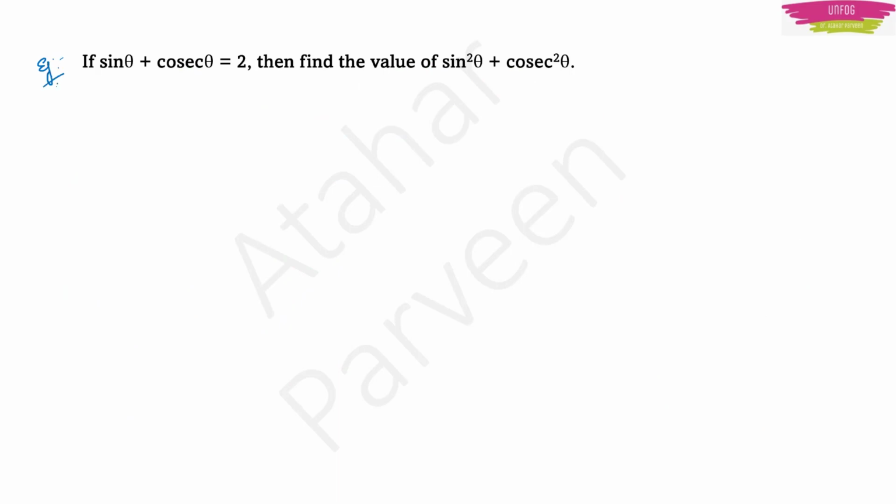Now let's solve another example. The question is, if sin theta plus cosecant theta is equal to 2, then find the value of sin square theta plus cosecant square theta. Okay, so what you are going to do is,